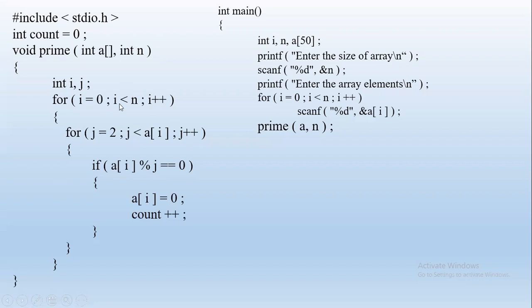Now what if it is not a prime number? I becomes 1. So A of 1 we have given as 4, second value. So that is A of 1 is given as 4. So what should happen? It is a non-prime number, right? So again, divide. J starts from 2. Okay, 2 less than 4. Yes, condition true. Now check. A of 1 is nothing but 4. 4 % 2. When we divide 4 by 2, remainder is 0. That means it says that 4 is divisible by 2. So that means it is not prime. So if it is not prime, this 4 should be eliminated. It should become 0.